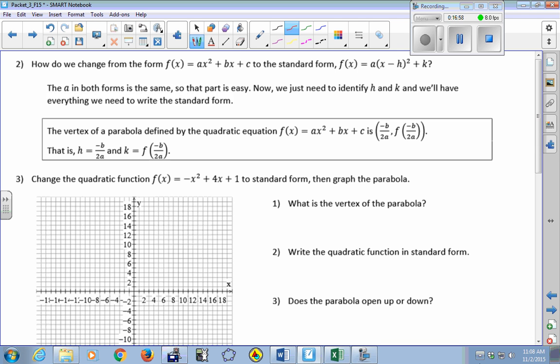So if you want to find H, which is the x value of your vertex, it's the opposite of B over 2A. Now that should sound familiar to you. Does it sound familiar, the opposite of B? It's part of your quadratic formula. And if you're interested, I can show you. Notice if we write our quadratic formula like this, I won't go through the whole thing because I know some of you aren't really interested. But notice that 2A is the common denominator for this and the common denominator for that. So if I separate it out into two terms,